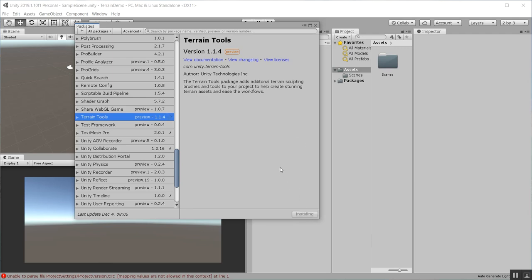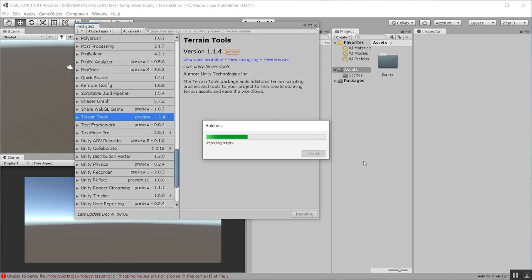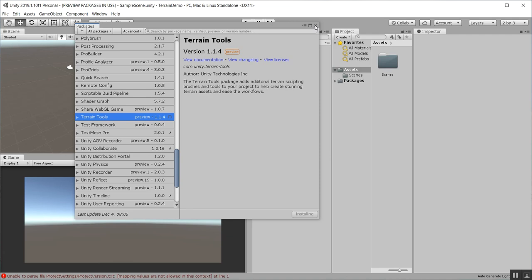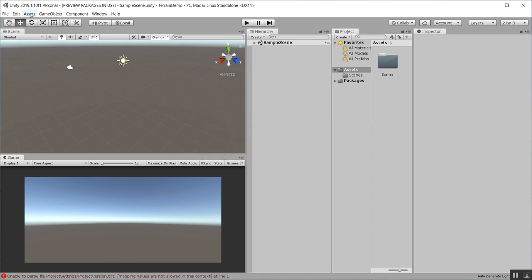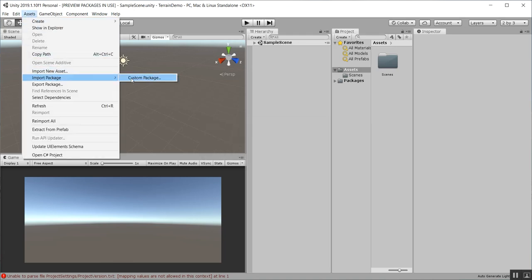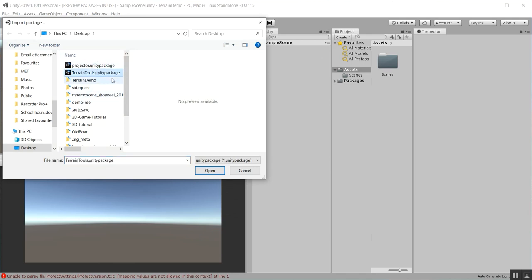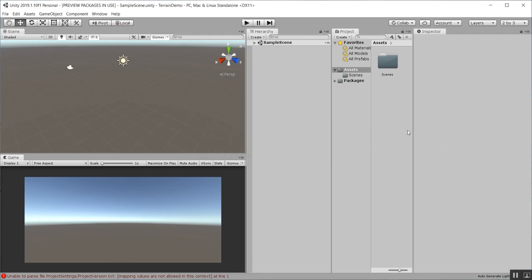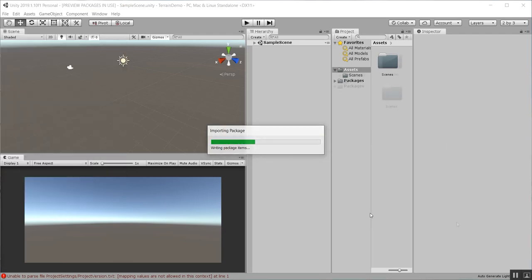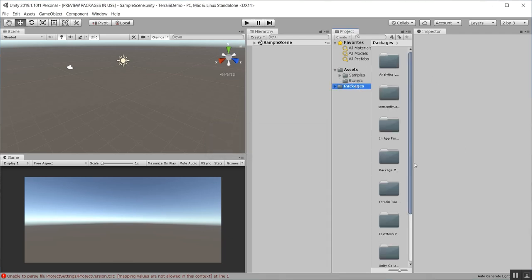And this should give you the basic terrain tools, but what I'd like to do is give you an additional package which will give you a lot of different brushes and things to try in your own project. So once that's installed, close the window here. And then you'll need to locate the terrain package which I've prepared for you. Assets, Import Package, Custom Package, and just locate that package wherever it is. Install. So once that's done, you just click Import,